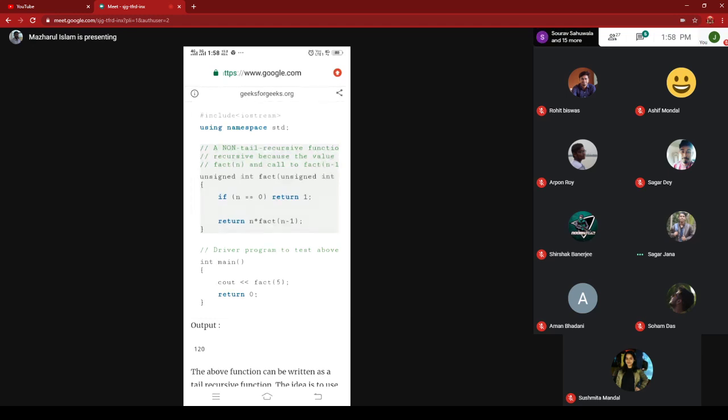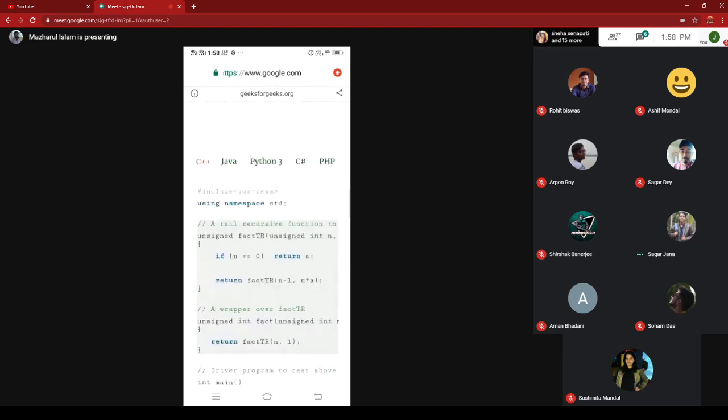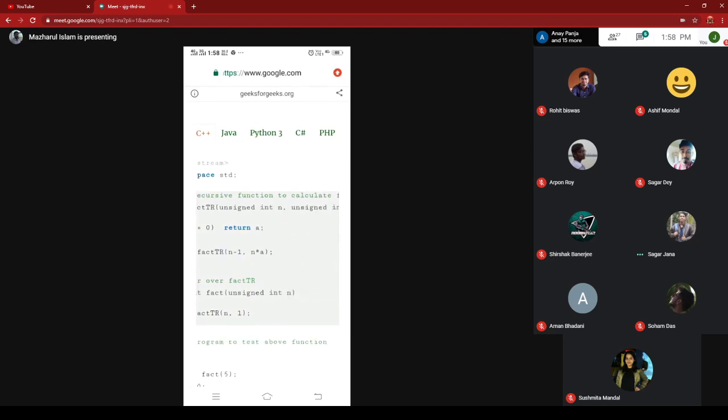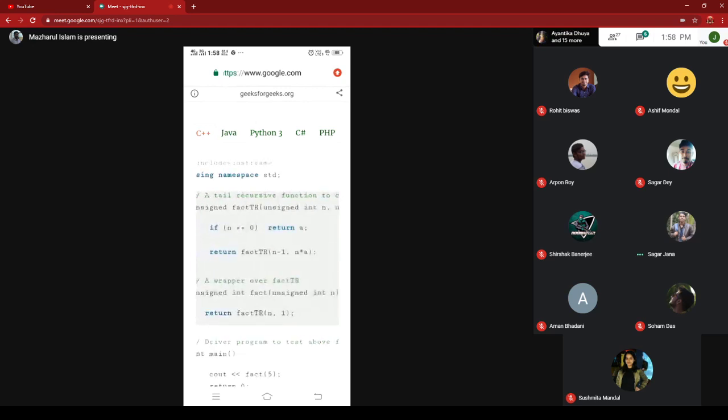So concentrate on the definition given below. Fact is calling fact tr with two parameters, n comma 1. Now 1 is accepted in the parameter a, and n is copied to the unsigned int n. In the function body, when n equals 0, return a.